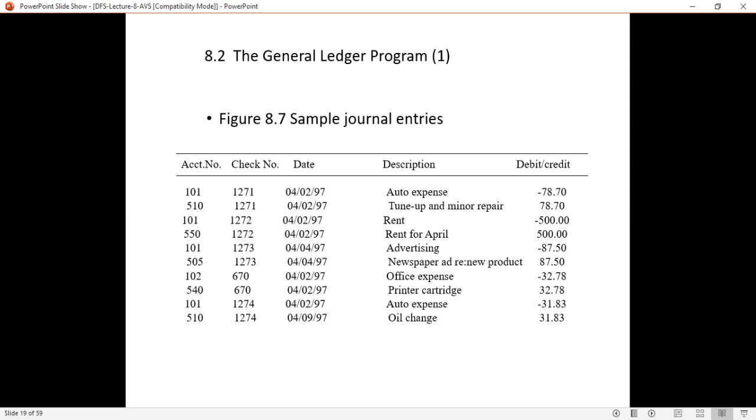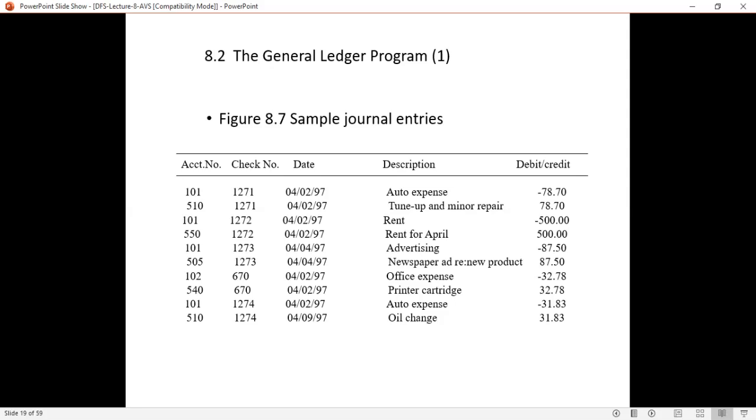Now before moving on to this complex problem, what is a general ledger program? Usually in accounting, we have two kinds of files. One is the ledger file, and one more is the journal file. In the ledger file, usually the monthly transactions for the year are stored.